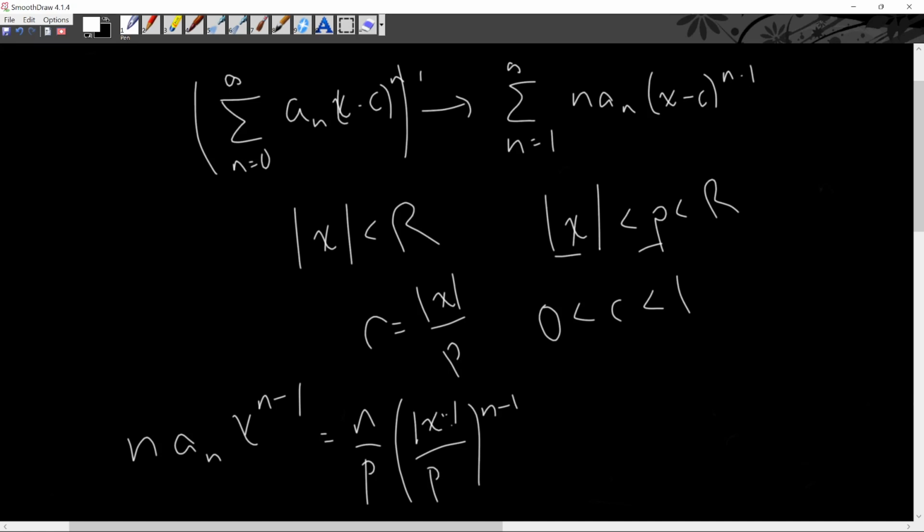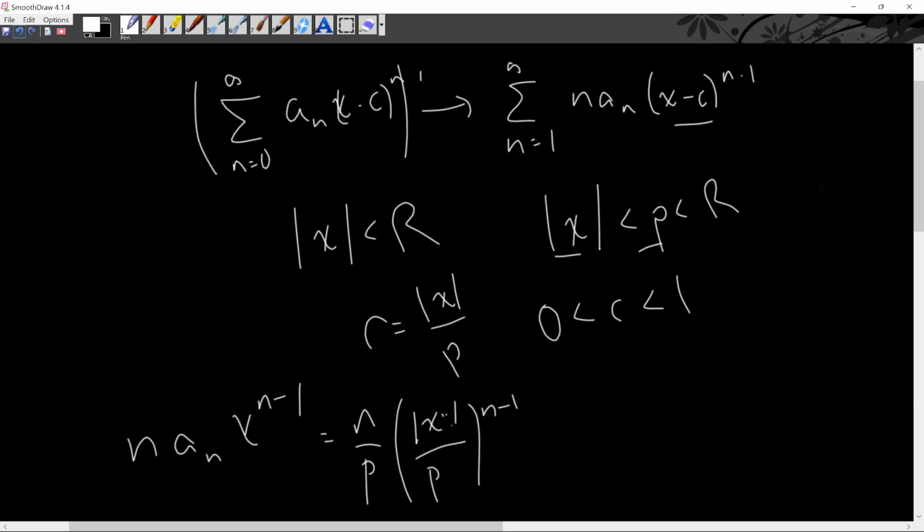If r is equal to this section, and a sub n is 1 over p, then this should just equal that. I think it makes sense. So if you just say that a sub n is equal to 1 over p, which it should,